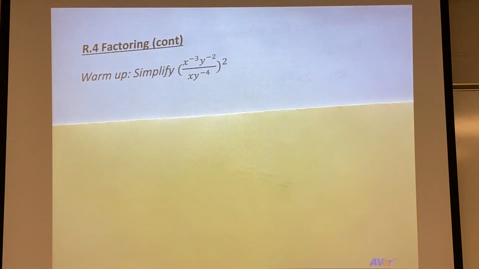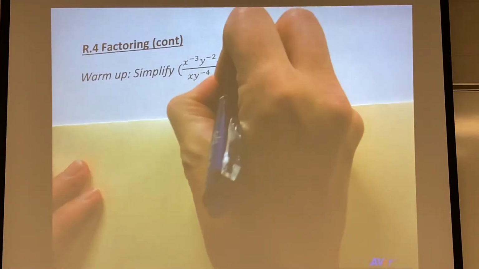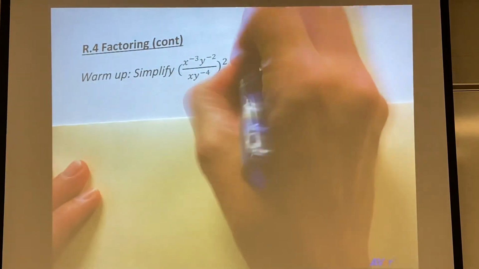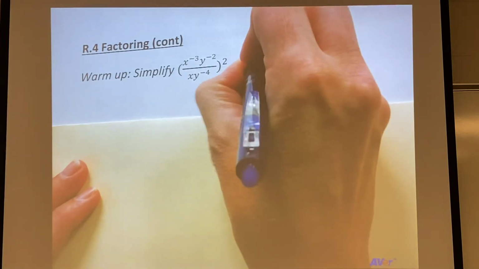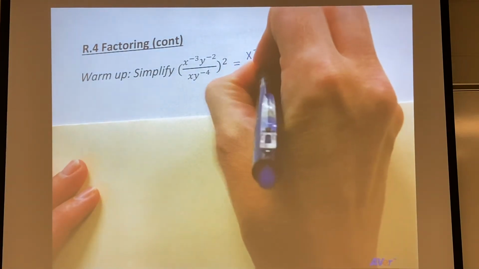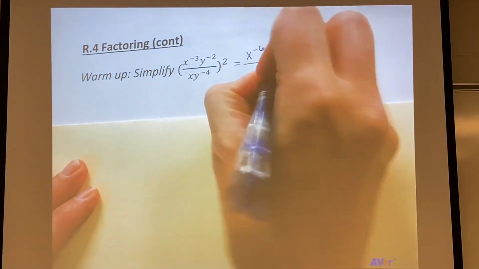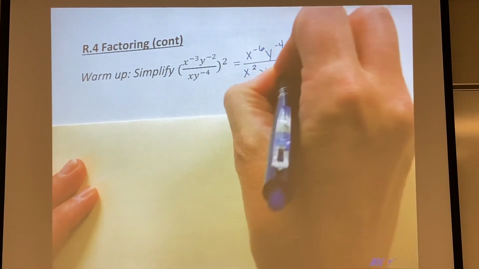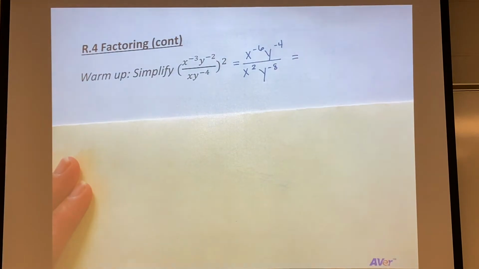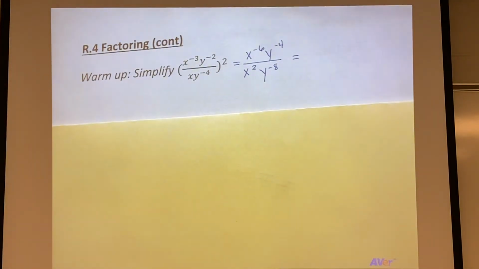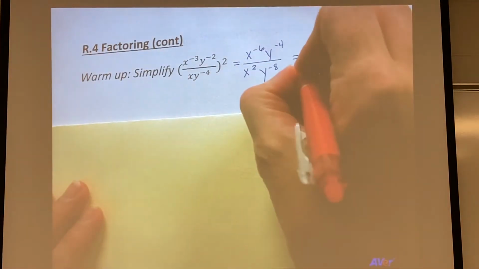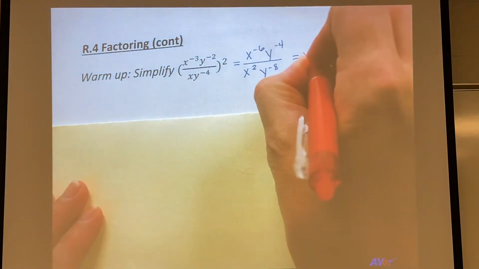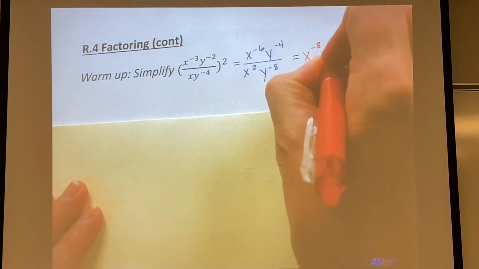You're going to hit pause to write it down, give it a try, and then come back and check to see if you have those exponent rules correct. So if you distribute the 2 first to everything, you have x to the negative 6th, y to the negative 4th, over x squared, y to the negative 8th. Then you can subtract, and you'll have x to the negative 8, y to the 4th,